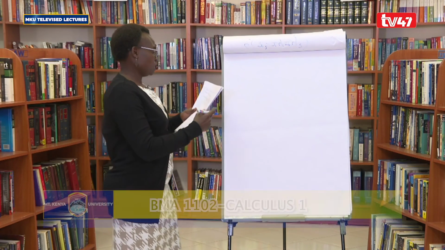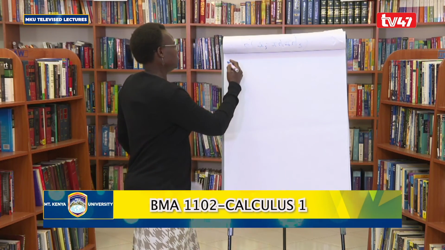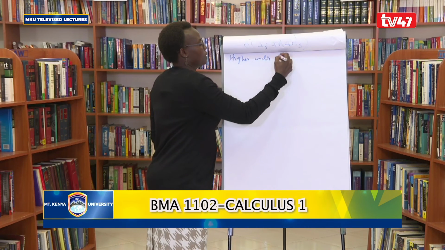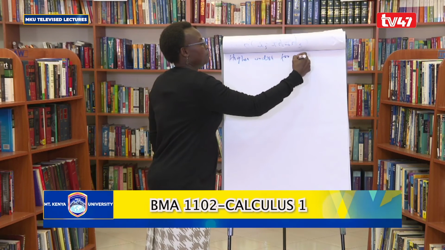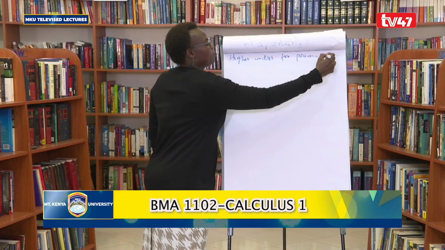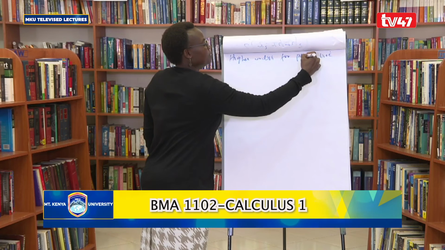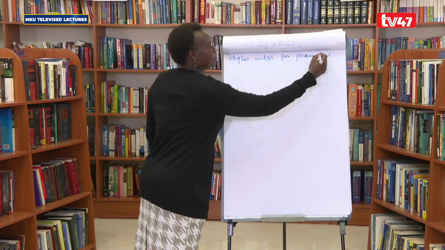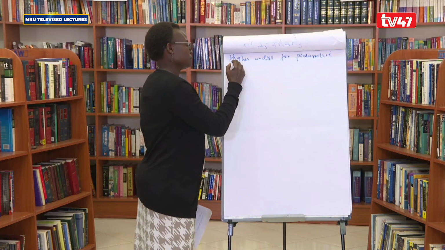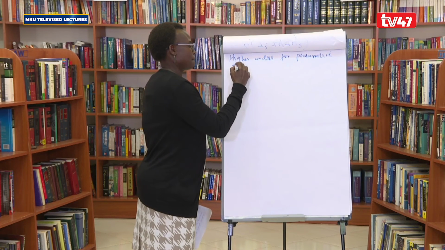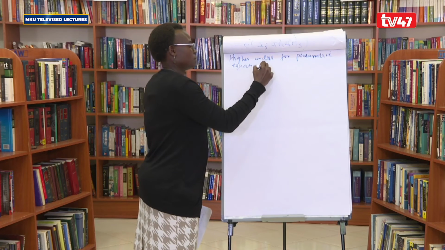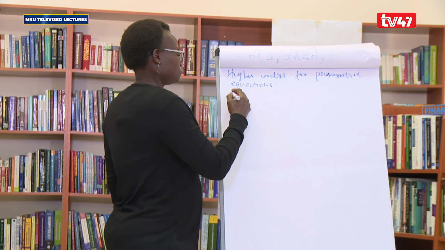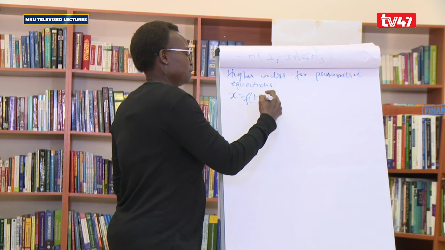So, second order for parametric equations. Higher order derivatives for parametric equations or functions. Remember that at the beginning we said that if you're given x as a function of t and y also as a function of t,